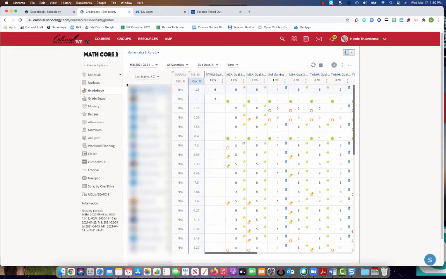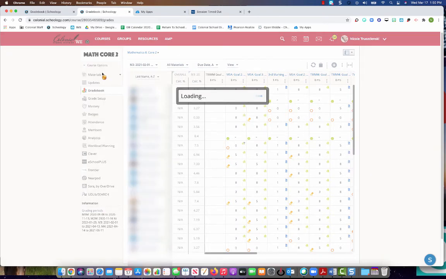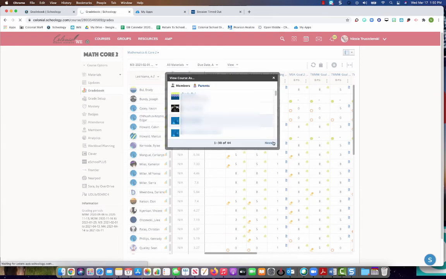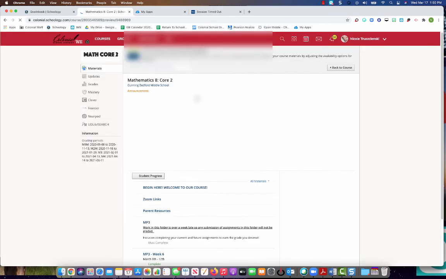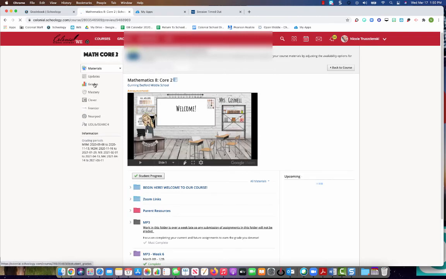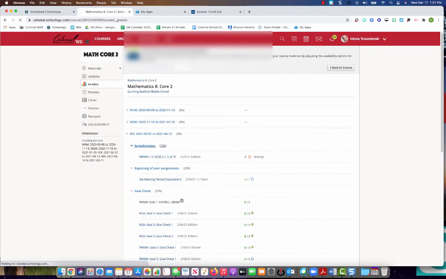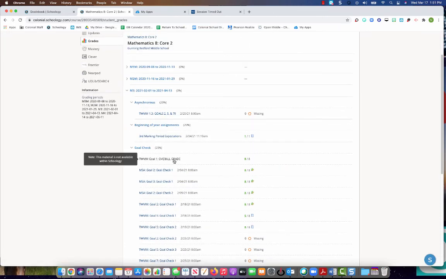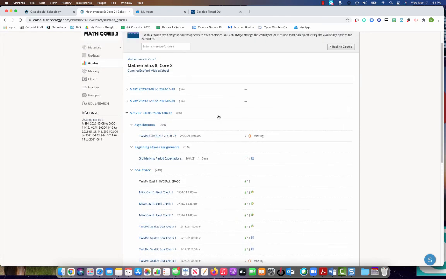But now if I were to view the course as a student, I should be able to see my overall grade listed there. So if I go into grades and see right here, I've got the overall grade, and notice it's not clickable. That's important because that means the kids can't click on it to submit anything, and that is because we added a grading column. So you're going to have your overall grades